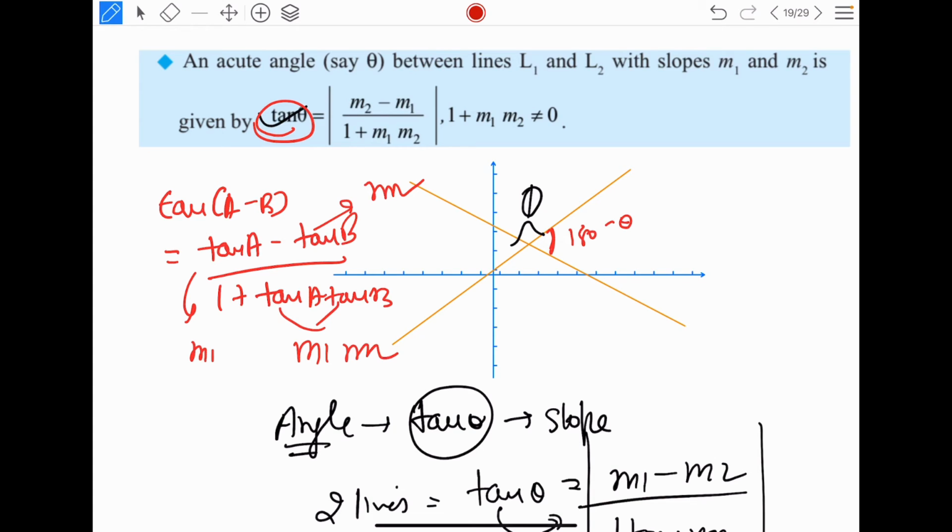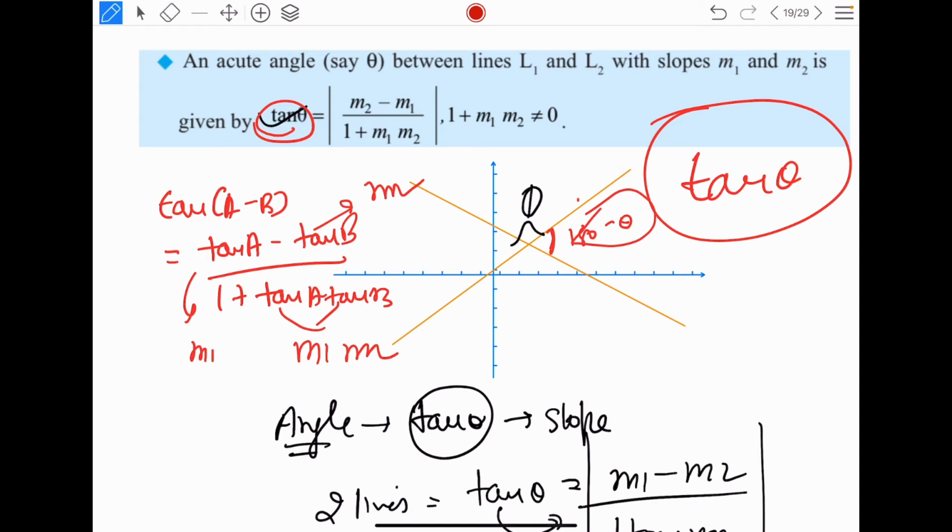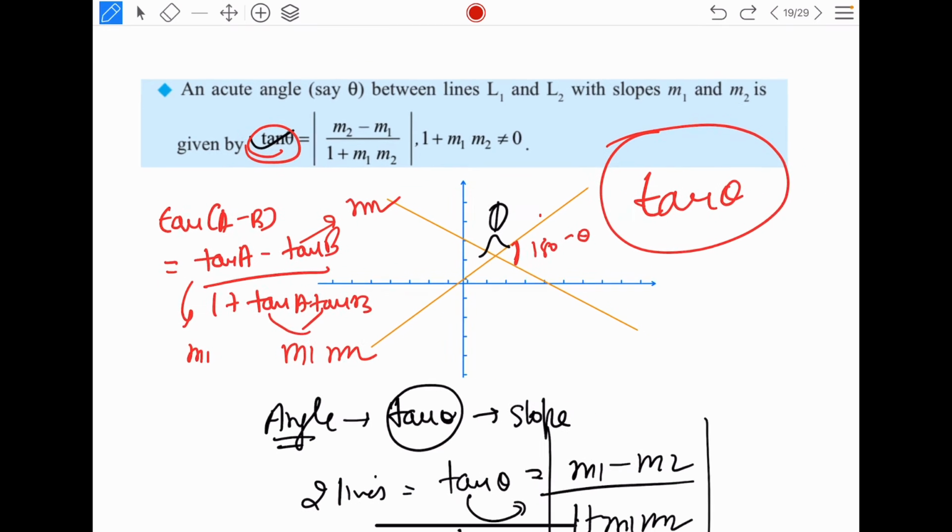If one angle between two lines is theta, the other angle is 180 minus theta. Everything we are doing here is in terms of tan, so our principal trigo function here is tan theta. So anything we do in terms of tan of a minus b, for 180 minus theta we put a minus b, and the tan a minus b formula is tan a minus tan b upon 1 plus tan a tan b. And what are tan a and tan b? Tan a and tan b are the slopes. So slope is tan theta for an individual line. You replace it by the slope and you get this formula. That's how we get the formula for the angle between the lines.